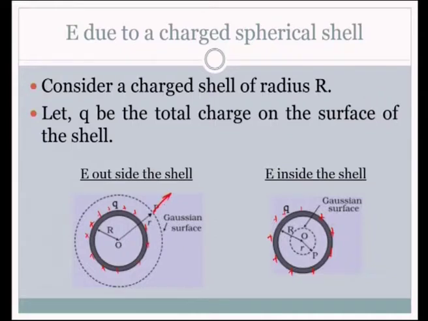The electric field will be coming out because of this charged shell at this point, and this is an imaginary Gaussian surface. So, the elemental surface area ds could be taken for this, and this is the direction of electric field. Because we are considering the Gaussian surface symmetrical with the charged shell, we need not worry about the value of E, because it will be constant at all points on the Gaussian surface. Shall we go ahead with the expressions?